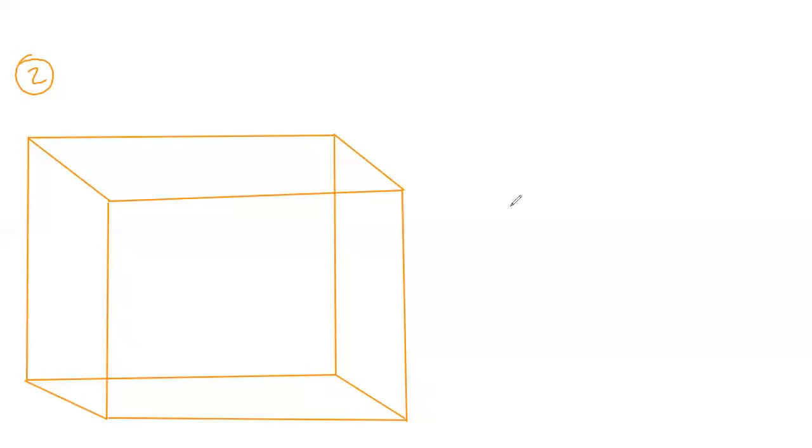So here is our cuboid, and once we have drawn the figure, we enter the dimensions. This is known as length. So length is 5 meter, breadth is 4 meter and height is 3 meter. If you have remembered your formulas correctly, the area of a cuboid is equal to 2 into LB plus BH plus HL.